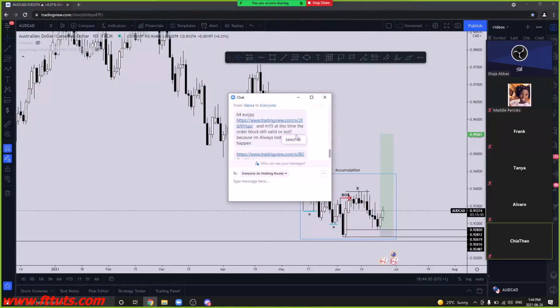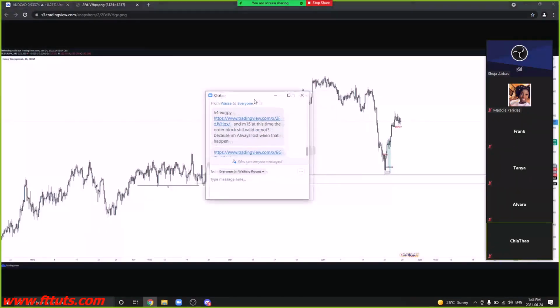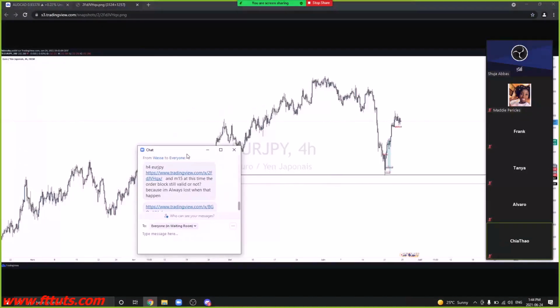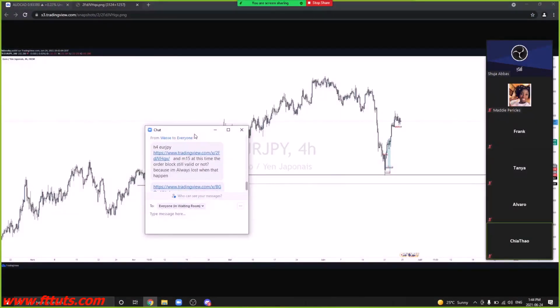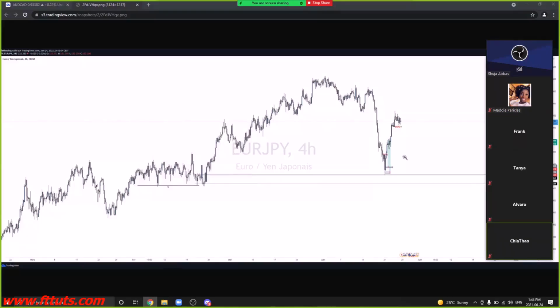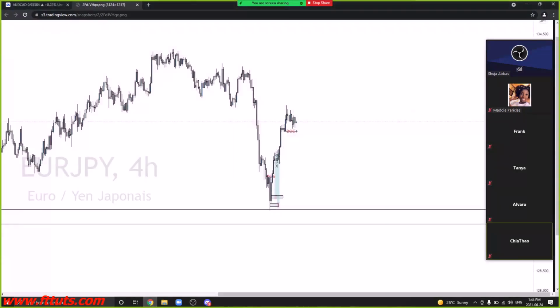H4 Euro JPY. All right, let me take a look at this. So H4 Euro JPY and M15 at the same time. The order block will be valid or not, because I'm always lost when that happens. Okay, so let me see that. Oh, okay. So the OB you're waiting for, I'd still wait for it, because price hasn't fully made new highs. Until it makes new macro highs, your OB is still valid. So the area you're looking to buy at is still valid. But if we zoom in right over here,